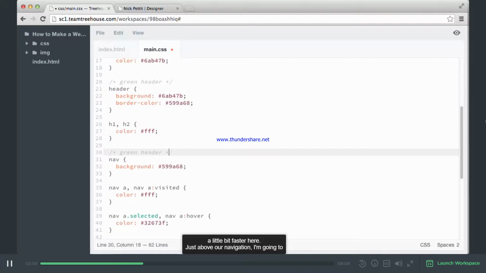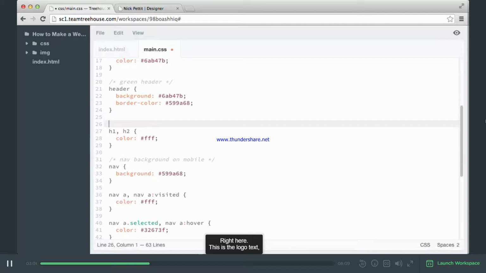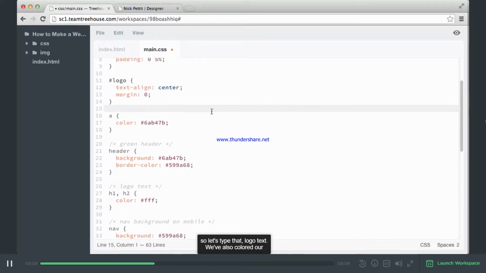Just above our navigation, I'm going to say that this is the nav background on mobile devices. Right here, this is the logo text, so let's type that, logo text. We've also colored our links here,